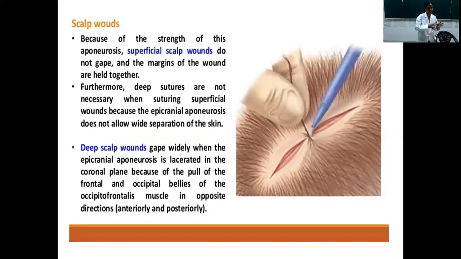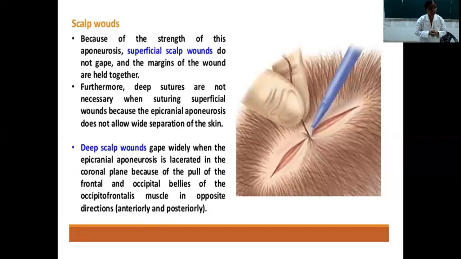The first three layers act as a single unit. Why? Because from the dermis of the skin to this aponeurosis, fibrous bands extend as ligaments, nothing but skin ligaments. The first is skin, the second is cutaneous tissue, the third layer is the epicranial aponeurosis. They act as a single unit. If you try to move your scalp, it can move. These three layers move as a single unit because of the attachment of this fibrous tissue. So that is the third layer.